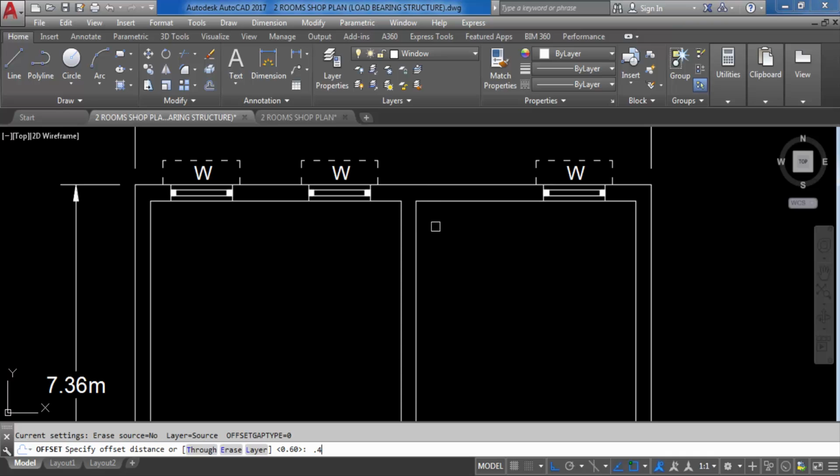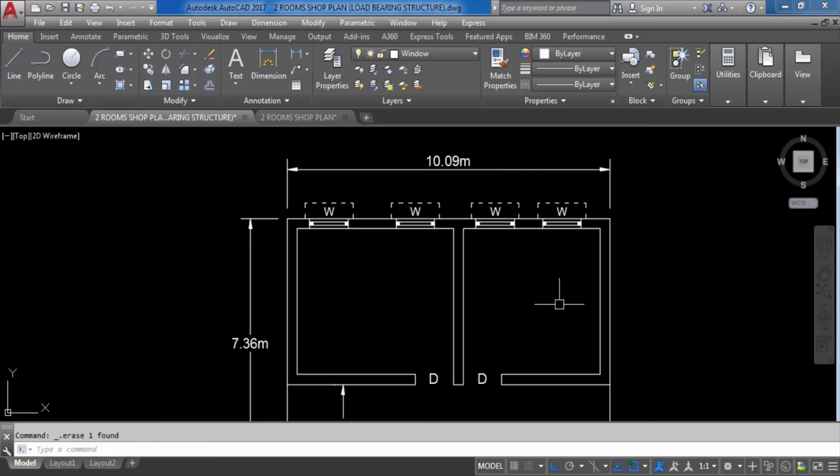And offset 0.4 from here. And again I will select, copy and paste it here. Delete these two lines, this line, and here in this room